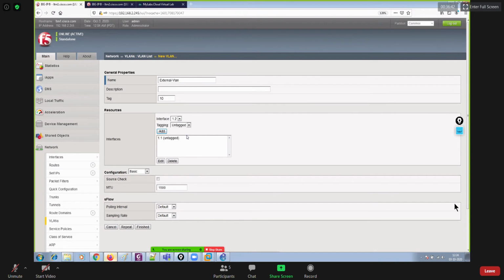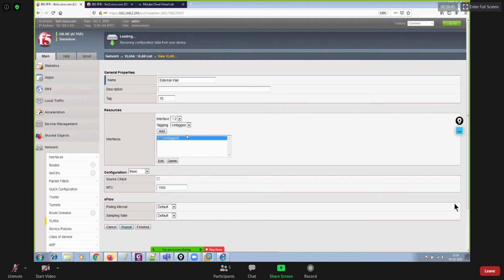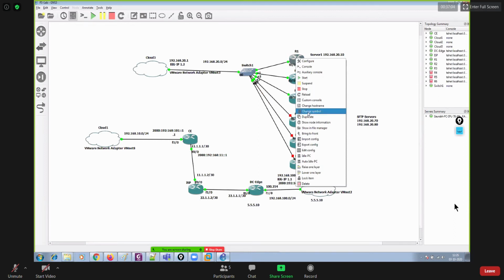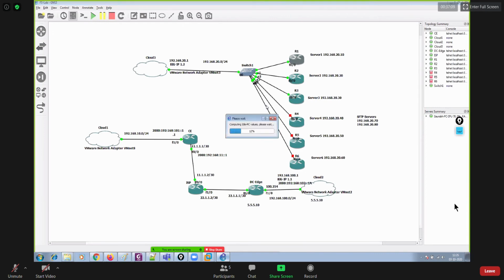One more VLAN I would require on this BIG-IP is for the failover link, right? So I'll create one more VLAN now. Wait a moment, maybe my CPU utilization is quite high. So let me recalculate the idle PC value over the GNS3.